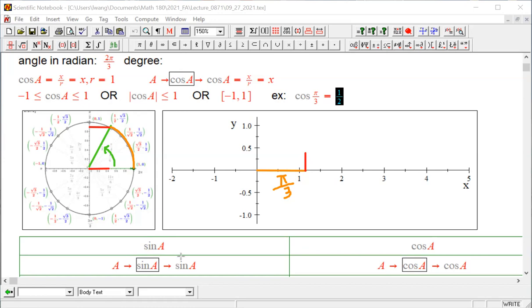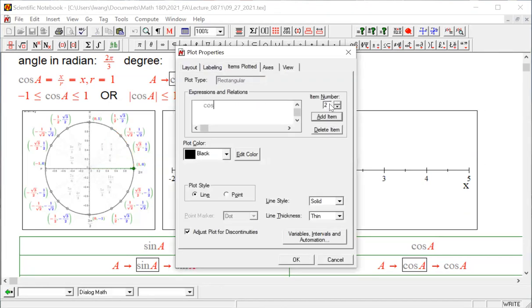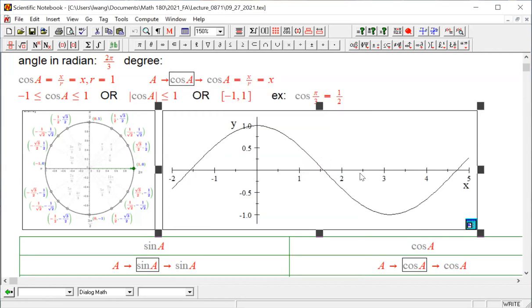Are we ready to see the cosine curve? Okay, so let's go see the cosine curve. Let's do it one more time. The arc length, so if we measure pi/3,